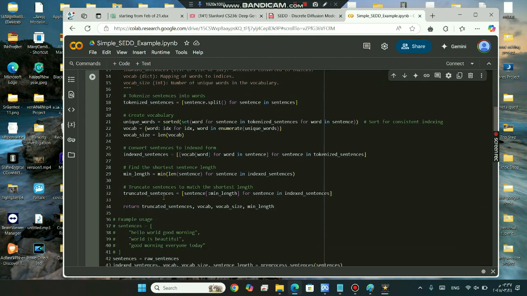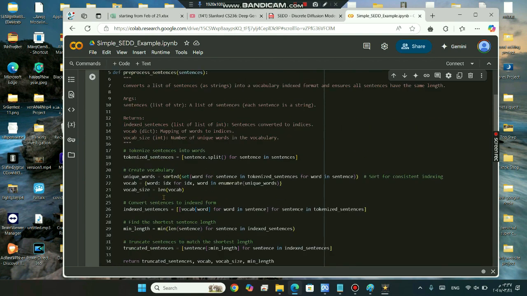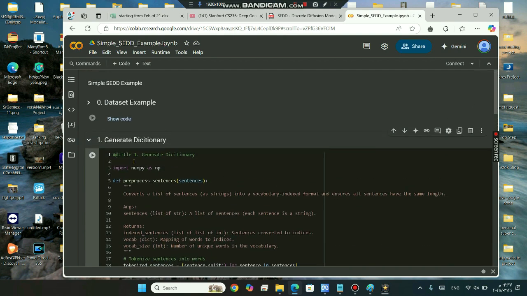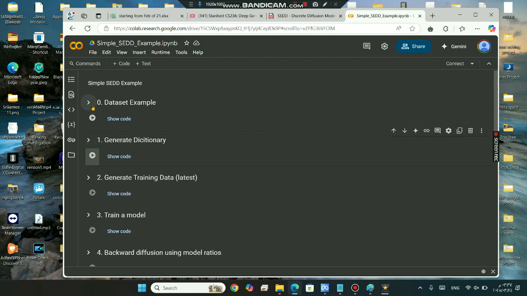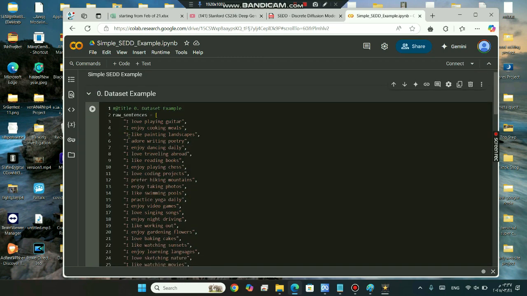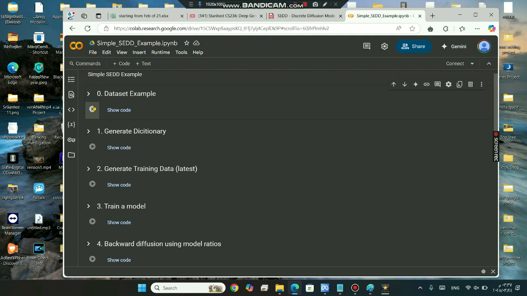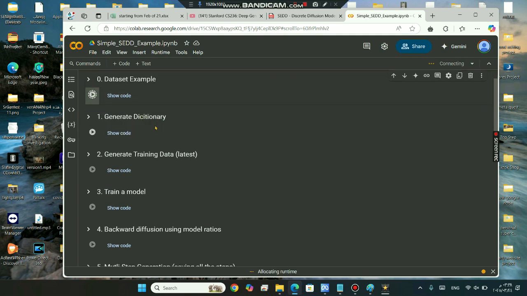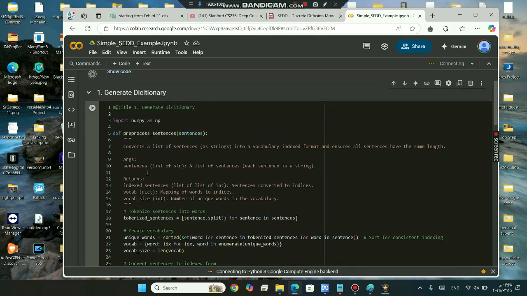So what this code will do is take each distinct word and give it an index. For example, it will take the word I and give it number 1. It will take the word like and give it number 2. It will take the word painting and give it number 3. Now, if it gets back to the word I, it will not consider it because it has already registered it. So it will go for the next word and give it number 6, and so on and so forth. In this way, we have generated the dictionary in order to be able to